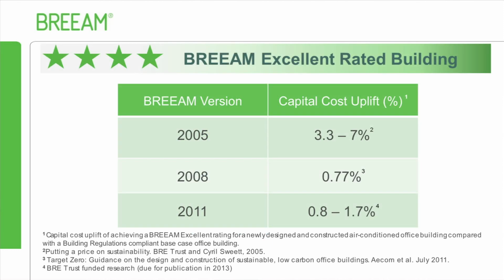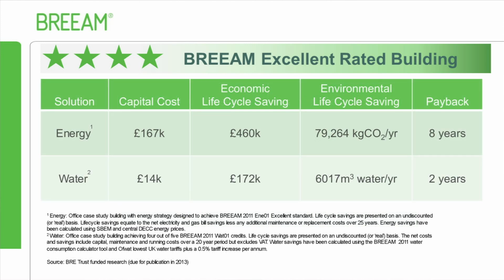Research commissioned by the BRE Trust and others highlights that the capital cost of constructing to a BREEAM Very Good and Excellent rating is marginal, between 0.8% and 1.7% for a BREEAM Excellent, and the costs have been shown to decrease over time. The same research also emphasised the potential for whole life financial and environmental savings from meeting higher